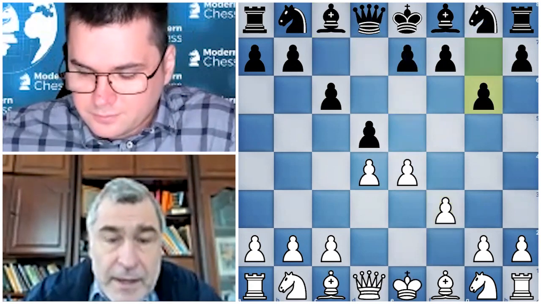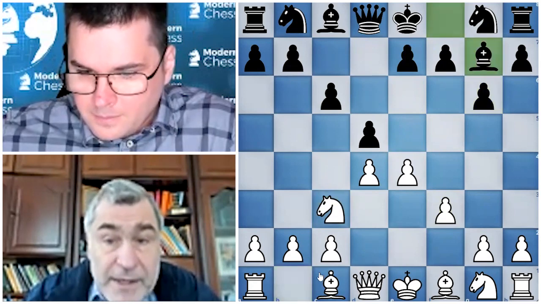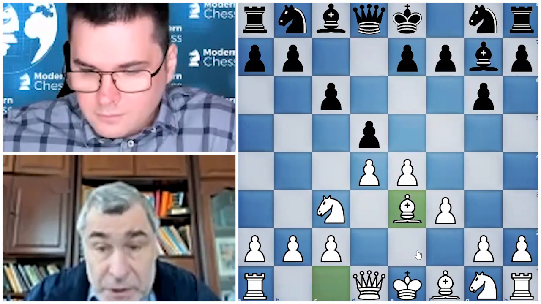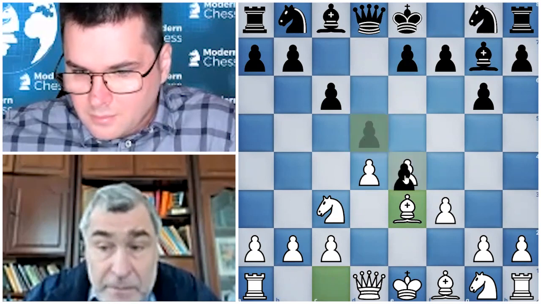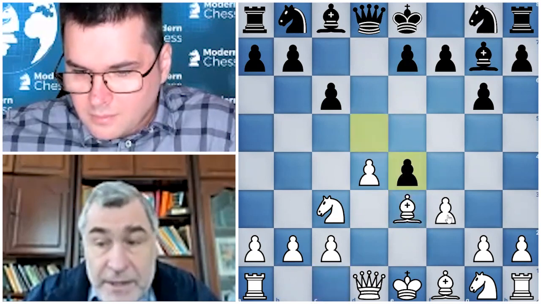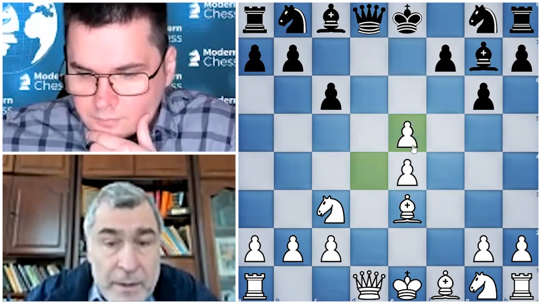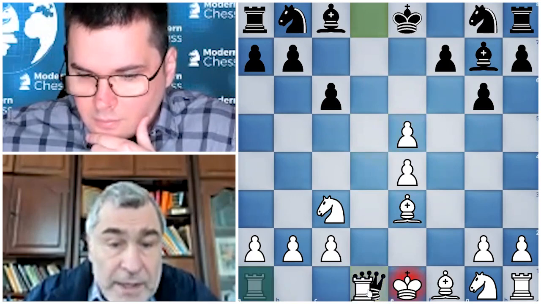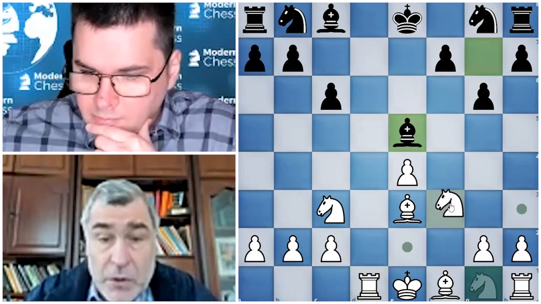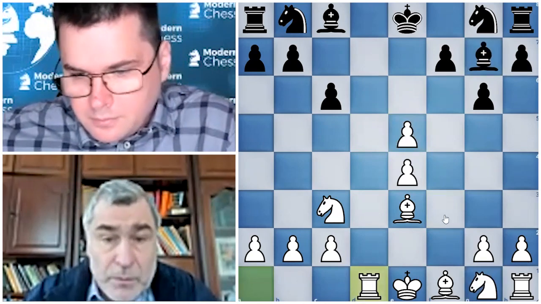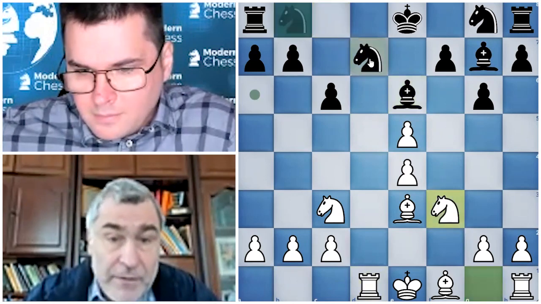there is an interesting line. Knight C3, Bishop G7, Bishop E3. We have seen this position already from the move order with first move G6, and now D takes E5. F takes E4, E5, D takes E5, Queen takes D1 check, Rook takes D1, and now if black takes on E5, Knight F3, white has strong initiative. So it is better for black to play Bishop E6 now, Knight F3, Knight D7, and we have a position